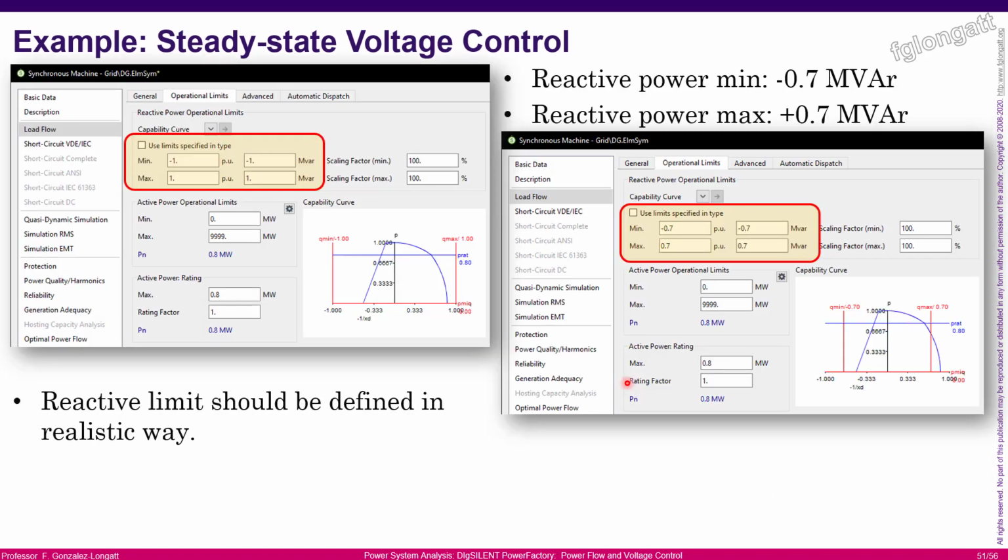What I will do is, now let's be realistic. If we open the model of this interesting synchronous machine, you realize that this machine is opening so much the limits of reactive power. It's very, very insane that you will have a synchronous machine producing more reactive power